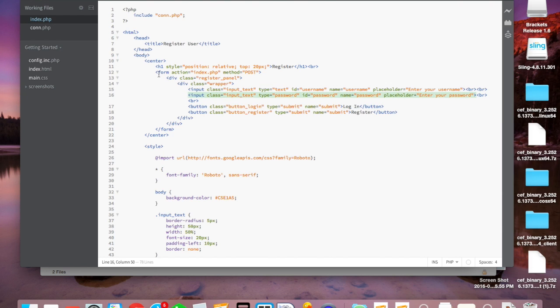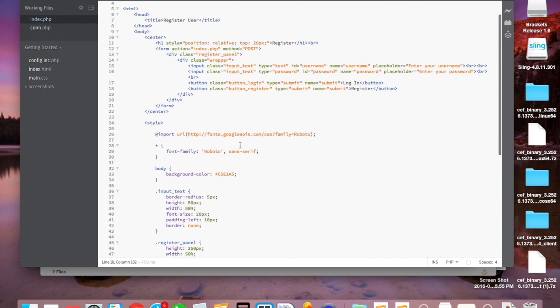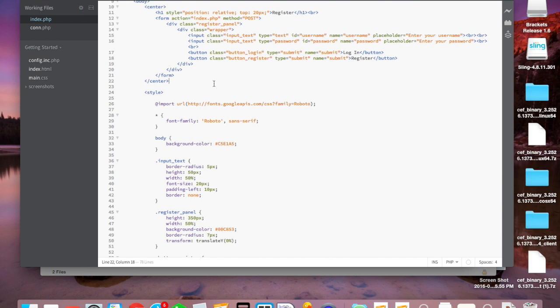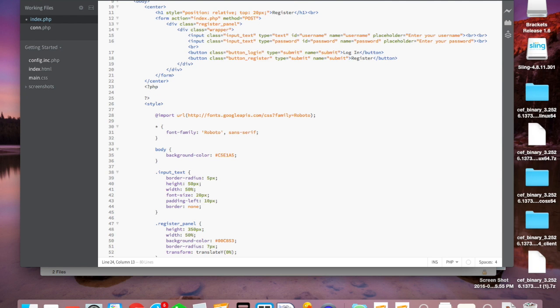For this form, the action is going to index.php, which is this page. So we're going to have an if and else statement that checks if the user has clicked this button, and then it will carry out a certain action in order for the user to register. Okay, let's get started. I'm going to put the PHP tag here,